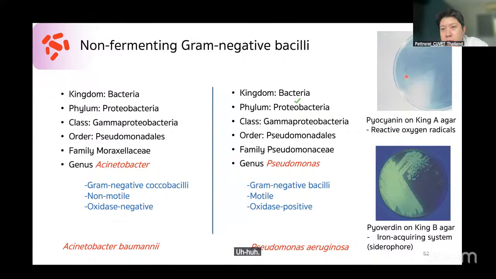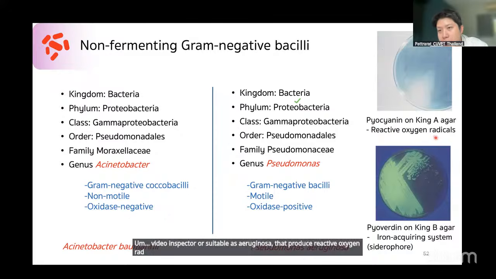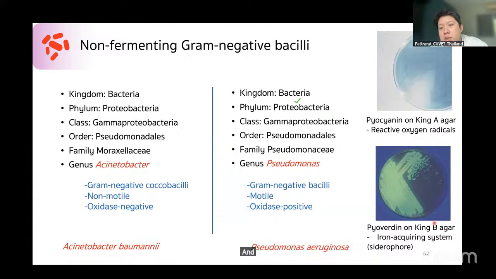Cyan is blue. This is a kind of virulence factor of Pseudomonas aeruginosa that produces reactive oxygen radicals to damage the host cells. And on King B, Pseudomonas aeruginosa produces pyoverdin,